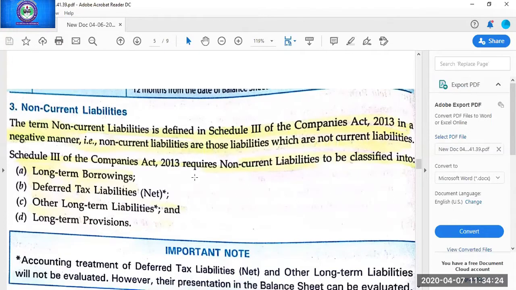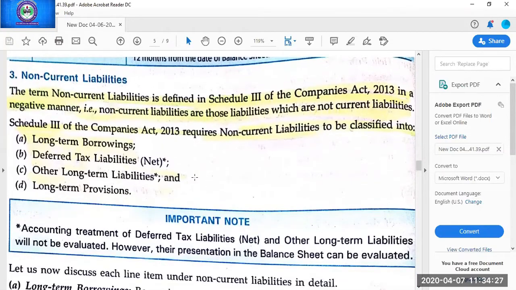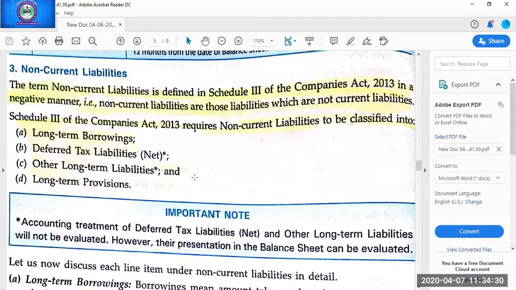So again, in Schedule 3 of the Companies Act 2013, in non-current liabilities, again the 4 subheads are there. Again you have to prepare a note. Write down long-term borrowing, then I'll be telling you the different examples of all these heads. So write long-term borrowing and leave some place under it to write its examples. Then write the other heads and leave some space under them, so that you will be getting all the examples at one place only. So long-term borrowings, this is the subhead. Under which major head? Non-current liability. Non-current liability is the third major head, and under this the first subhead is long-term borrowing.